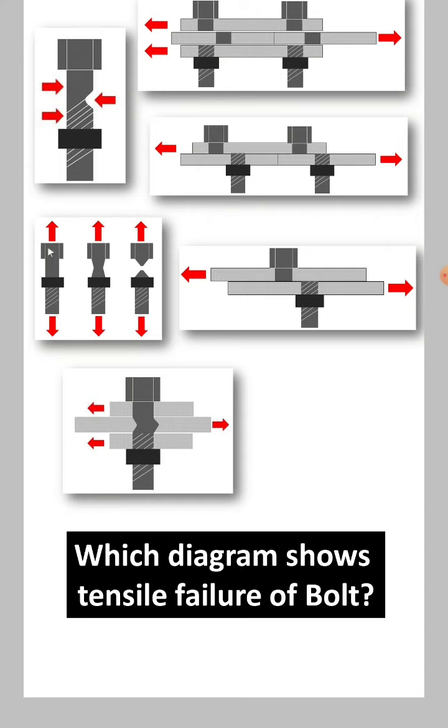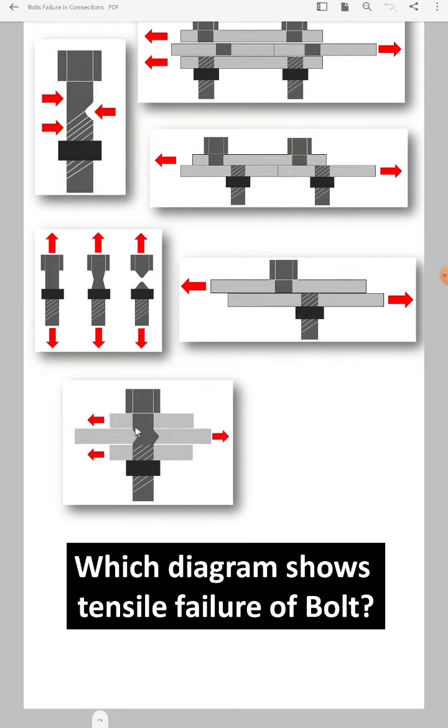In this, a bolt is shown to be pulled apart by a tensile force. Tensile stress is being exerted on the bolt. Since the tensile stress is exceeding the tensile strength of the bolt, a neck formation has taken place over here. You can see this, and after that a breakage has taken place. Totally, the bolt has failed in tension. So let's try clicking this one. Okay, this is the right answer.